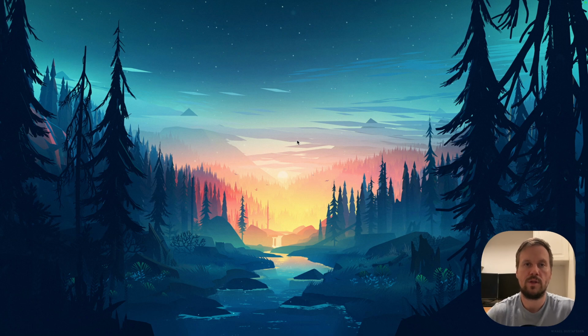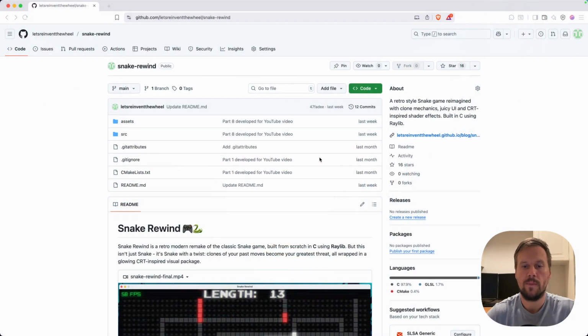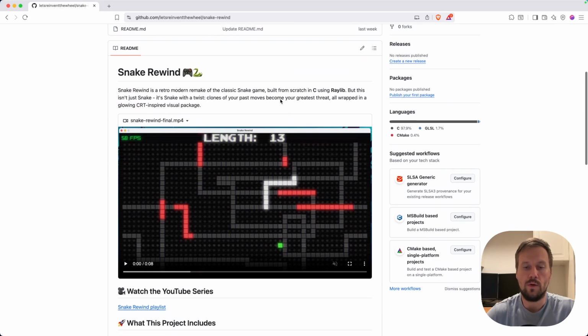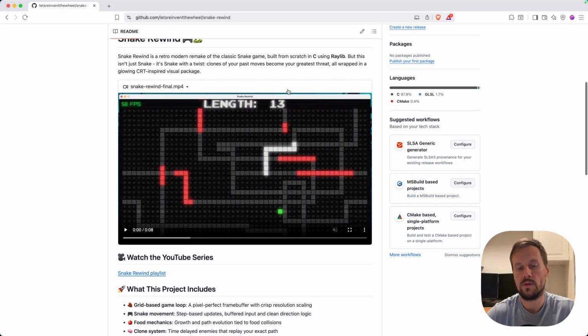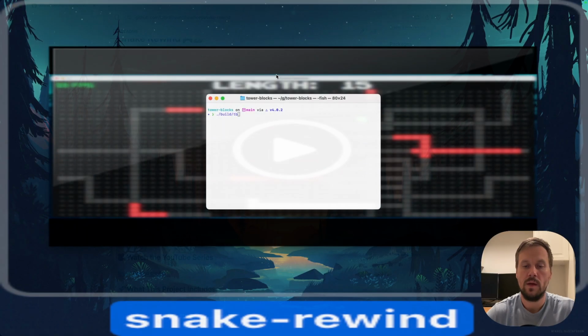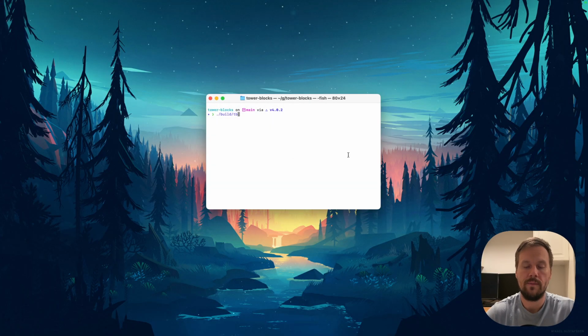Last time we finished working on our snake game clone, which was a 2D game using the Raylib library. We learned quite a bit about how to animate things. We added a few custom shaders for post-processing effects like glow, scan lines, and chromatic aberration. And today we are shifting our focus from 2D to 3D, and we're gonna work on a new game named